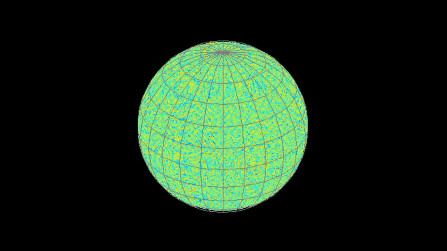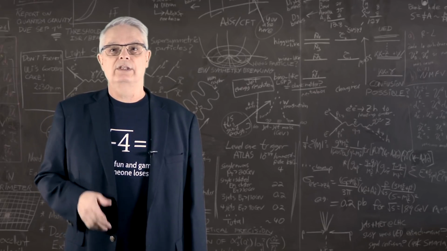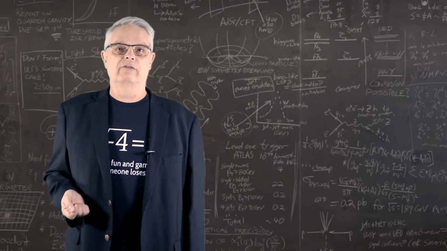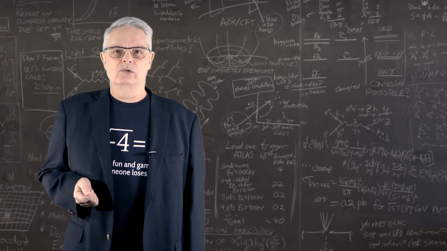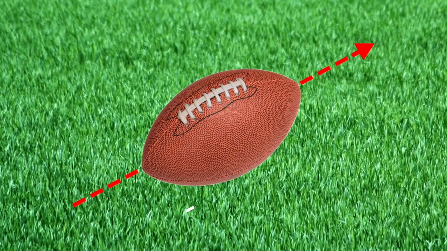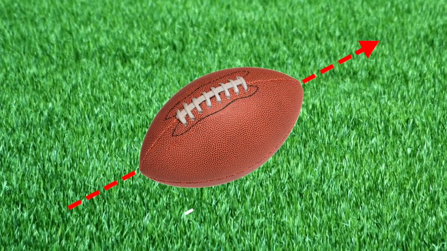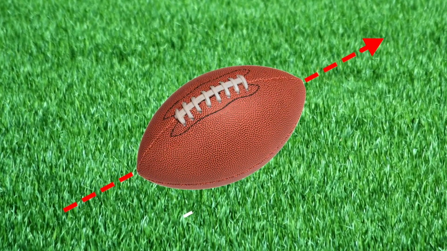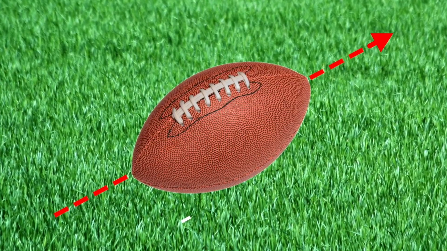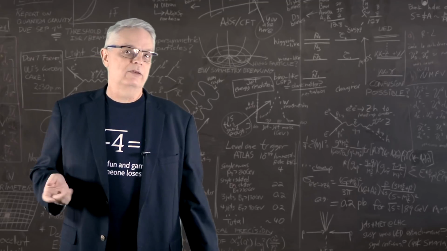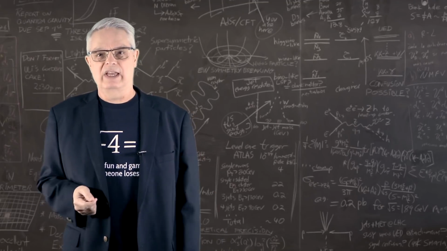That's not a mystery. The mystery arises when we take a look at the orientation of all these spherical functions. Each one of them has an axis. The axis is usually not too hard to determine. Imagine an American football, which is kind of a distorted sphere, longer in one direction than the others. The axis is along the long direction of the ball. And all of the other spherical functions also have axes too.